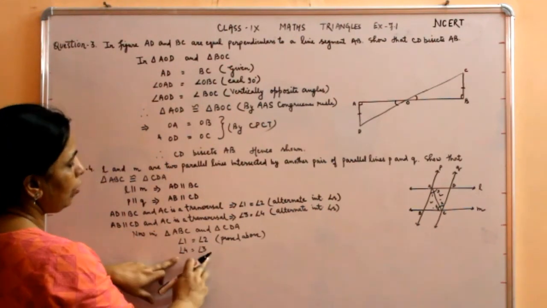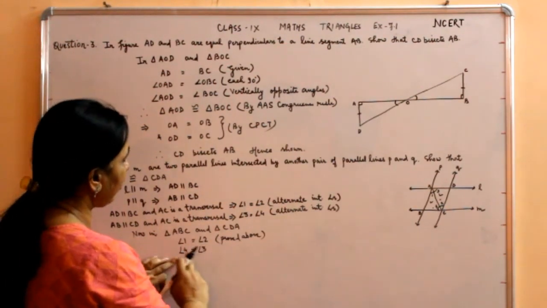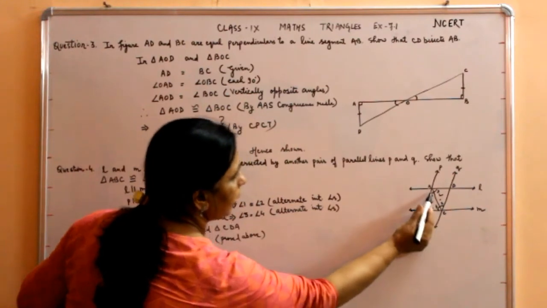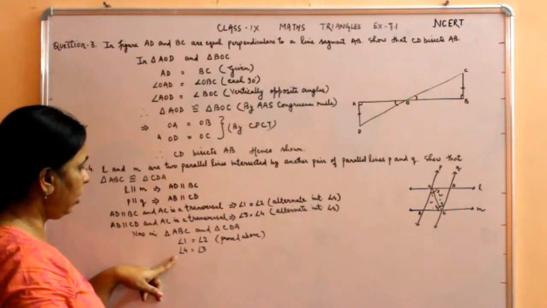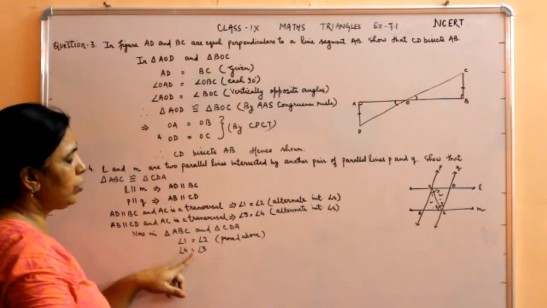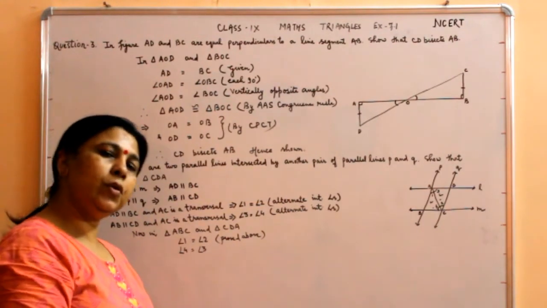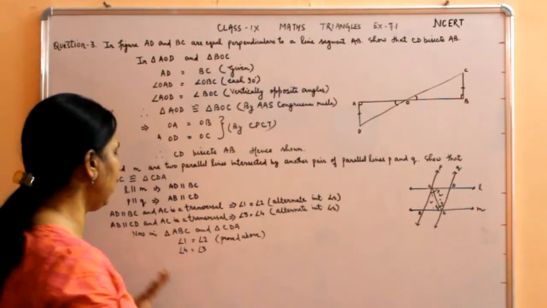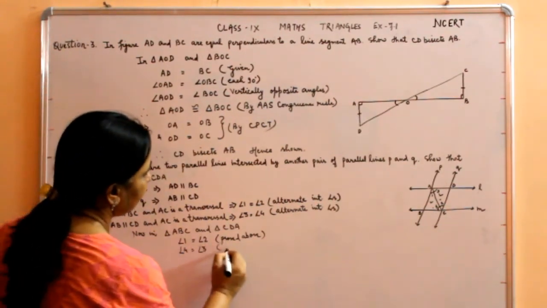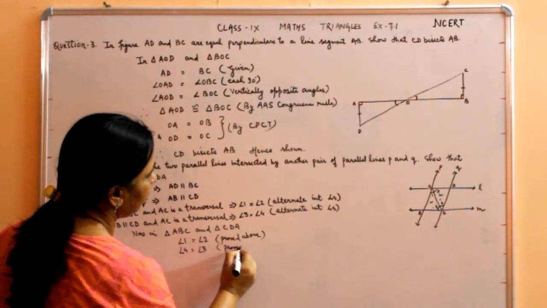अब हमने यहाँ पे 3 और 4 एंगल 3 इज इक्वल टू 4 क्यों नहीं लिखा है? क्योंकि एंगल 4 जो है वो ABC ट्रायंगल में आ रहा है. तो जिस ट्रायंगल की हम बात करते हैं उसी एंगल को हम नीचे लिखते हैं. तो यहाँ पे हमने लिख दिया एंगल 4 इज इक्वल टू एंगल 3, क्योंकि एंगल 3 इज इक्वल टू एंगल 4 लिखिए या एंगल 4 इज इक्वल टू एंगल 3, इट इज वन एंड द सेम थिंग. तो 4 इज इक्वल टू 3, दिस इज आल्सो प्रूव्ड above.